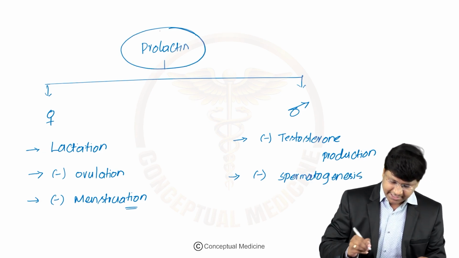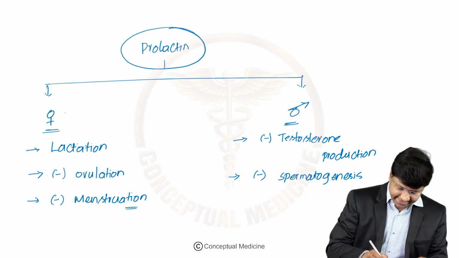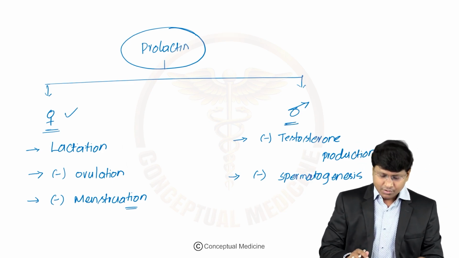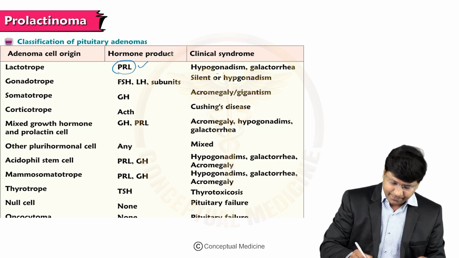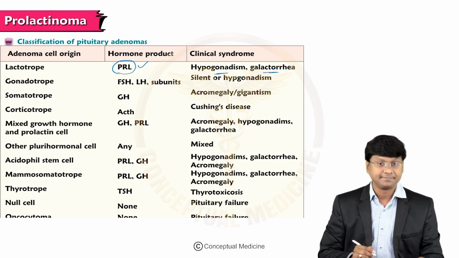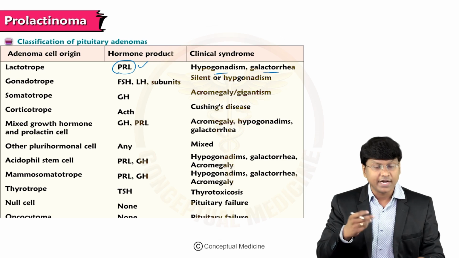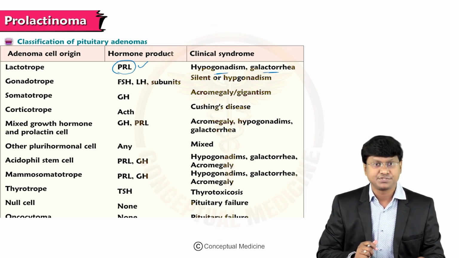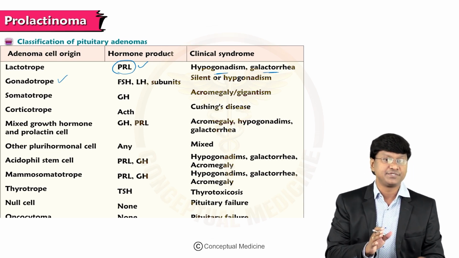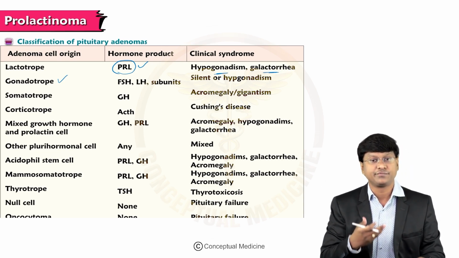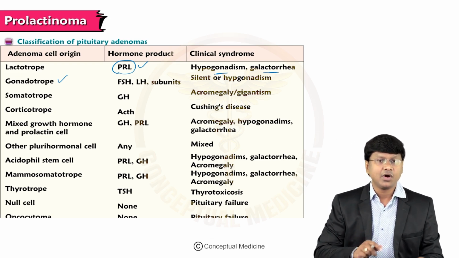So this is the physiological action of the prolactin in males as well as females. Now accordingly, in case of hyperprolactinemia, what will happen? There will be hypogonadism as well as galactorrhea. And suppose the tumor is originating from gonadotroph cells of the pituitary, then it is called gonadotroph type of pituitary adenoma, where there is excessive production of follicle stimulating hormone and luteinizing hormone, and accordingly the individual